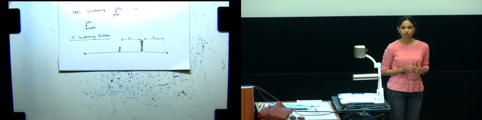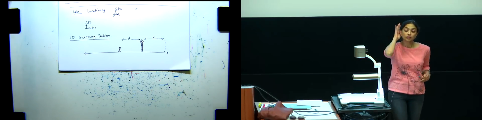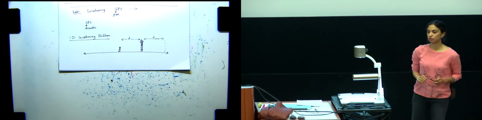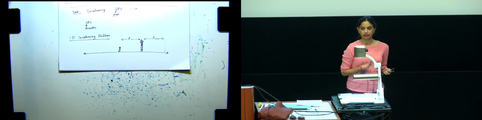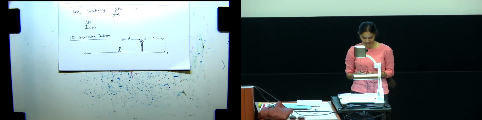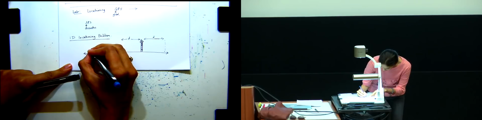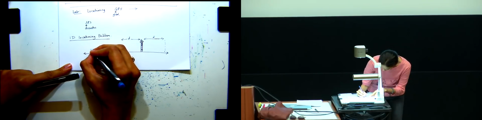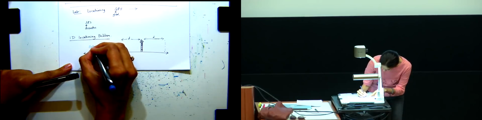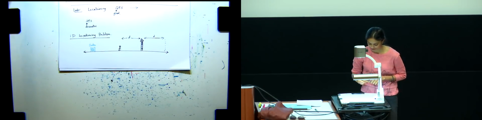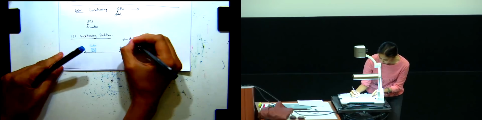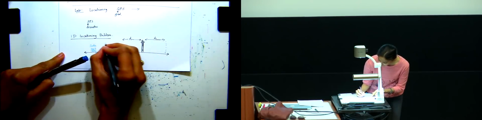So what would you need to be able to figure out where I am? Any suggestions? A second landmark, right? Great. What's a second landmark we want to use on campus? Soda Hall. Okay. Let's draw Soda Hall. And how far should we be from Soda Hall? Let's call this a distance D1. Then if I tell you that I'm distance D2